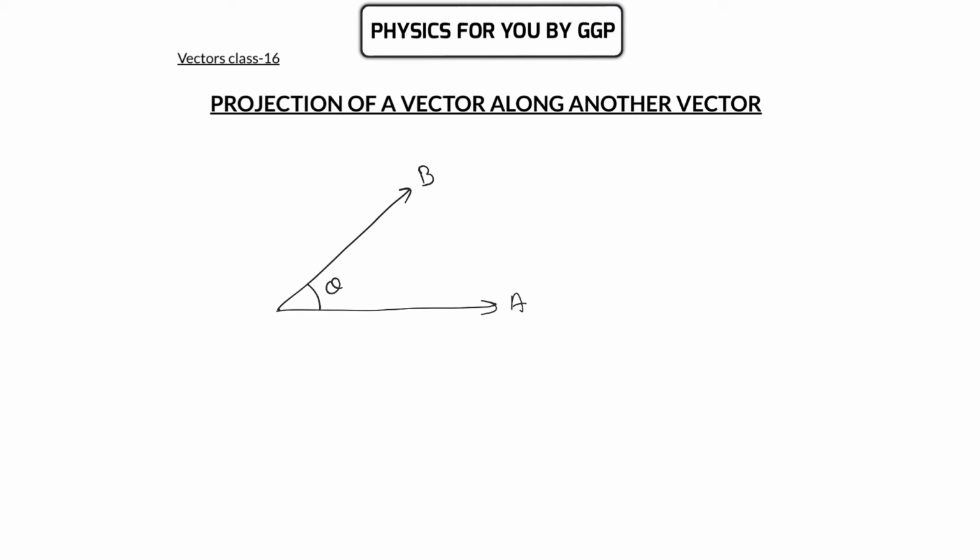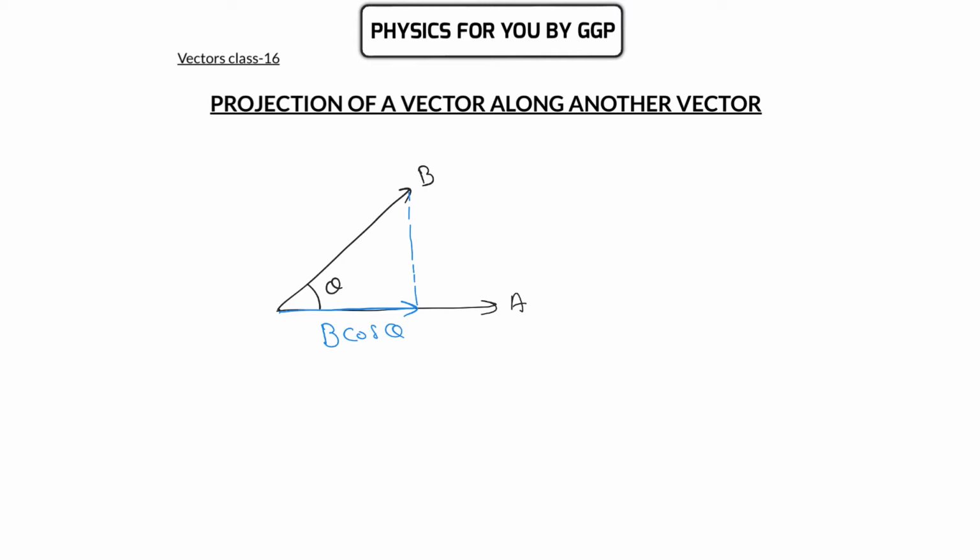So we know how to resolve this vector B vector into its components. If I am resolving the vector B along the direction of A, then the component of B vector along the direction of A vector can be written as nothing but B cos theta. If you are just going for the magnitude of B cos theta, that will give the component, and projection means nothing but that B cos theta vector, its magnitude and direction. So the projection of B vector along the direction of A vector is nothing but B cos theta vector.